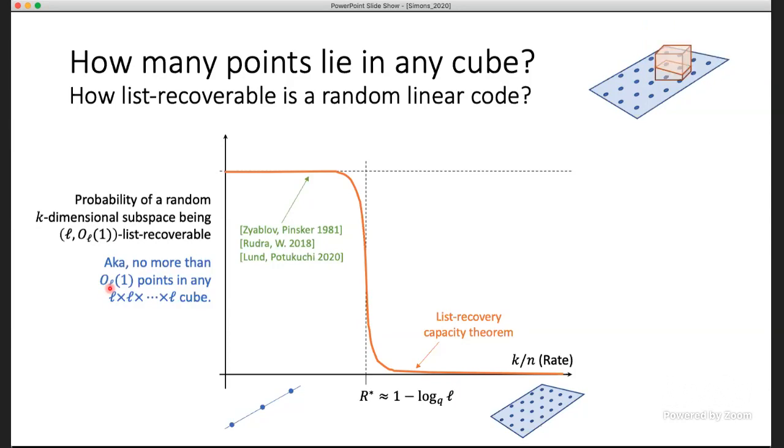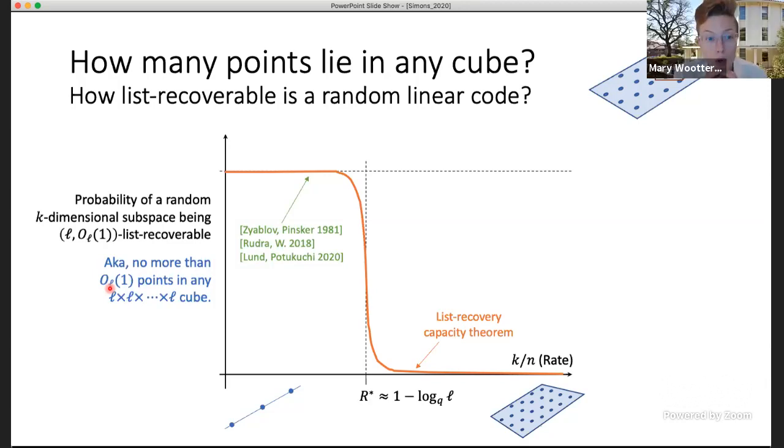Other questions? Is that really sharp in all respects? So, for example, if I wanted to ask the same question about the cubes, but saying when does it happen that 90% of the possible cubes will contain? If I relax that way, is it the same kind of threshold? I see. That's a good question. That is studied, and I believe you can do better in that situation. I don't have the results off the top of my head though, so maybe ask me again later and I can do a quick lit review and get back to you.